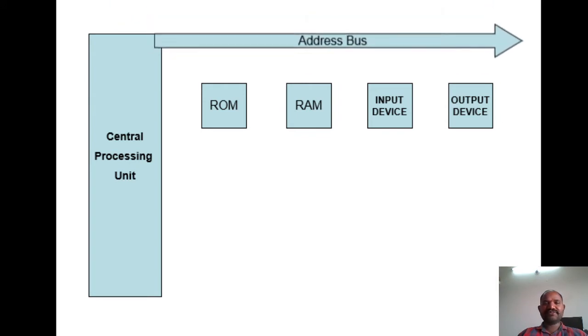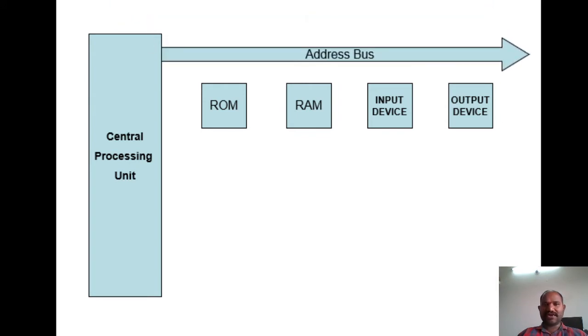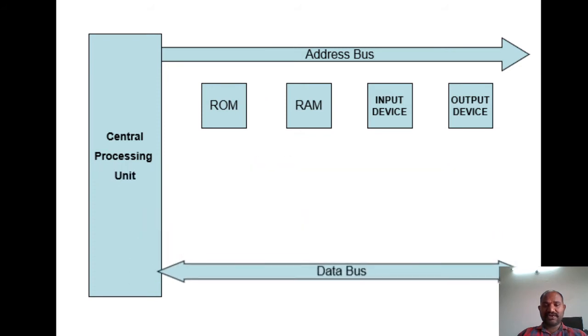The first bus which is going to be used is the address bus, because in order to get any functionality from any one of the devices, the microprocessor should first generate the address, place that address on the address bus, and drive it to the corresponding devices using the address bus.